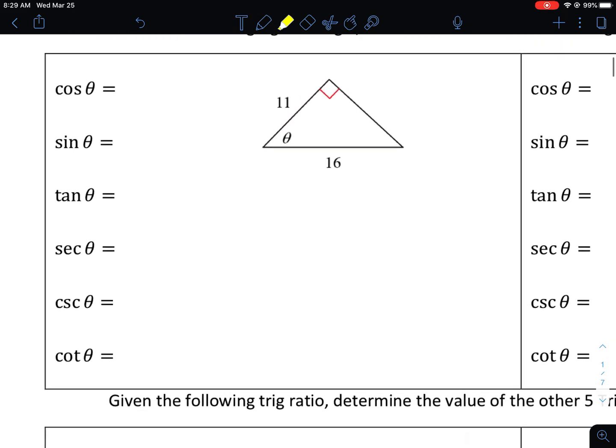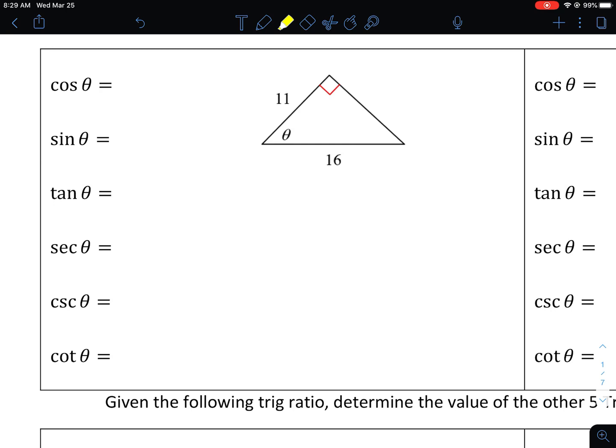So let's look here at this first problem on the left-hand side. Basically, we want to see, if I knew what theta was, I don't really want to solve for it, but if I did know what theta was, what would be the value of all six of these trig functions? Well, I may as well start and try to find the third missing side. And so we have the 16 is the hypotenuse here,